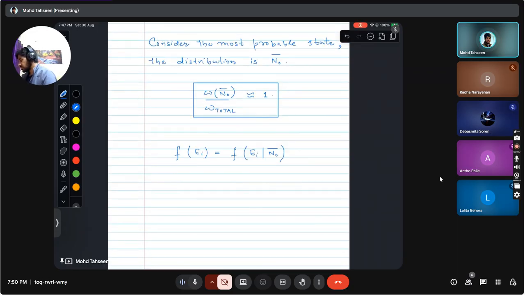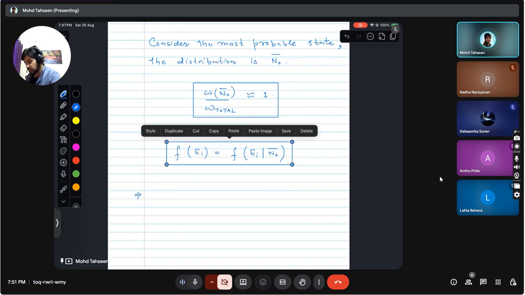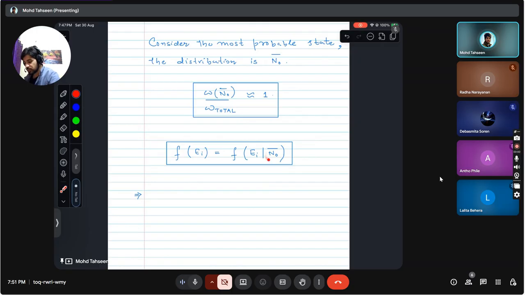Now let's see what's the number of ways of arranging a particle, right? Number of ways. So this equation as such, we have not inferred anything from it. All we have said is that the only distribution that is going to matter is the most probable distribution, the distribution at the most probable state, and at that state it's going to govern the probability of occupancy of a certain state. That's all we have said for now. But now we will go to compute the number of ways.